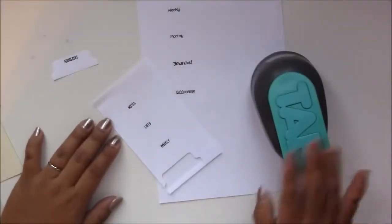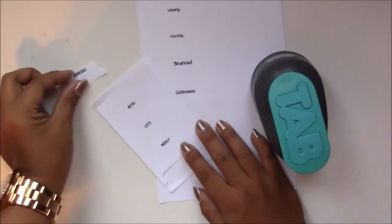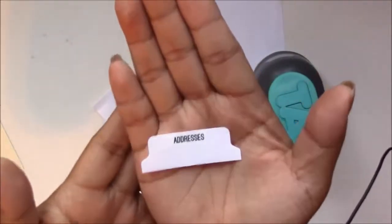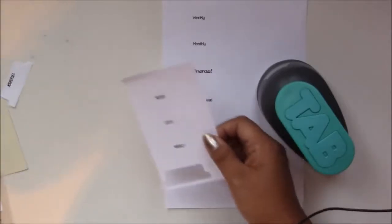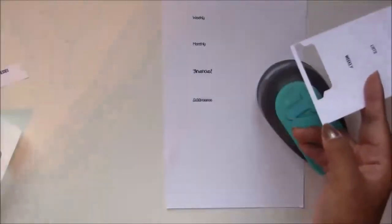Another great way to use this tab punch is to create, you can print out the tabs that you want already and then punch them out this way. So for example, all I did was went on Word and I printed out some words that I like on my dividers and in the font that I want. This is another great way if you don't want to purchase the labels, or if you don't have a label maker, you can just print some words on your computer, and then